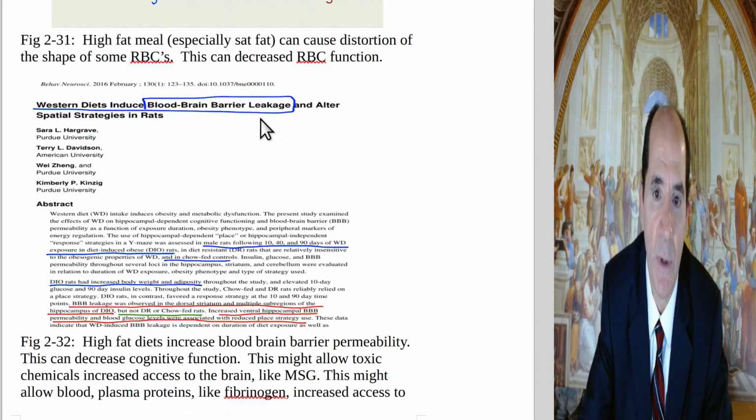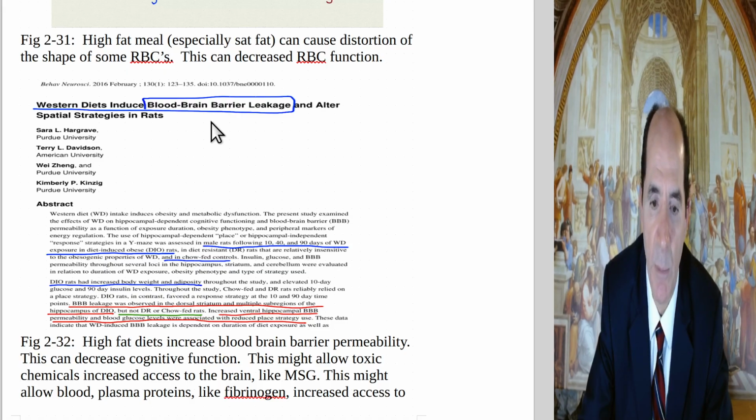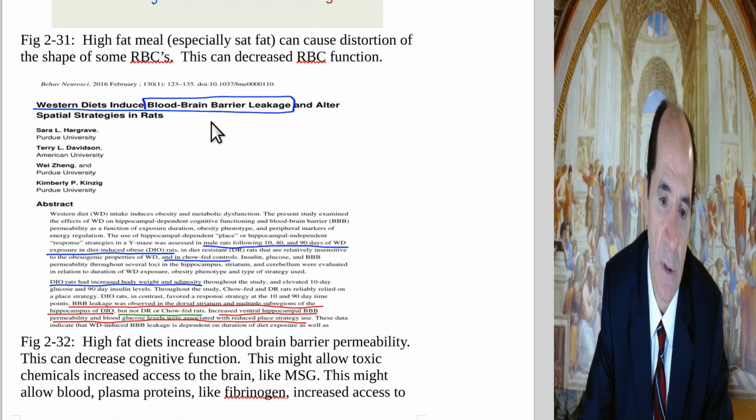Western diets induce blood-brain barrier leakage in rats. Yeah, they make you stupid because they cause leaky gut. Anything that causes leaky gut tends to cause leaky blood-brain barrier. Then you expose, the bacterial endotoxins, LPS from gram-negative bacteria, lipopolysaccharide, LTA, lipoteichoic acid from gram-positive bacteria. They get into the blood through the leaky gut, the increased intestinal permeability, and they travel in the blood to